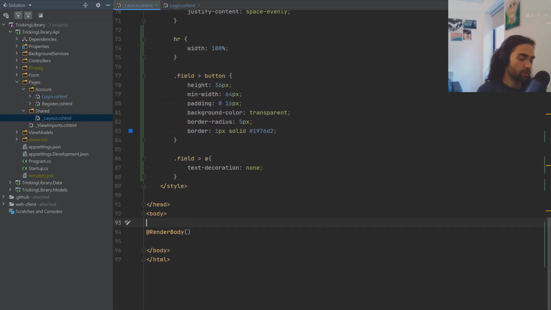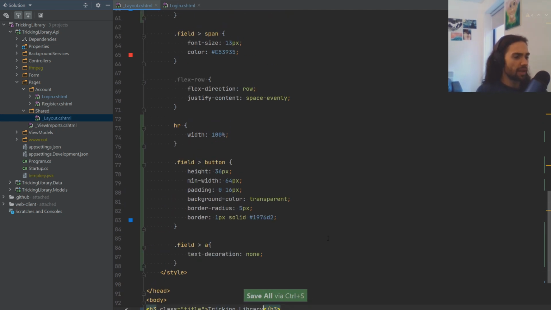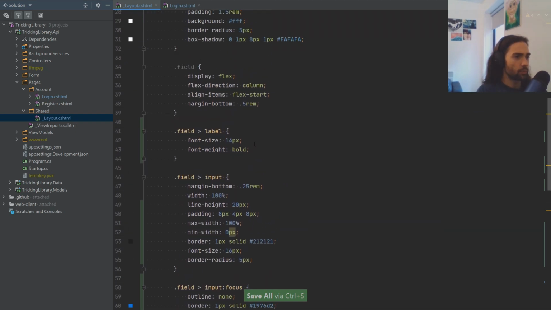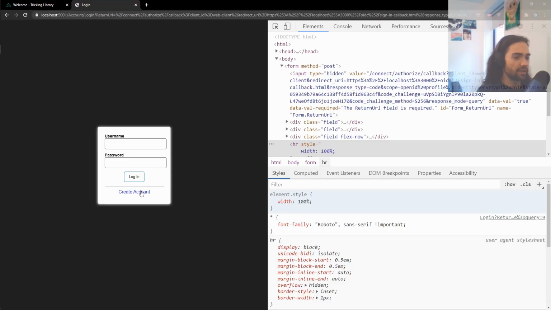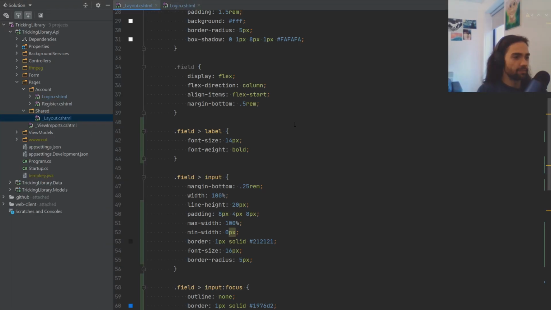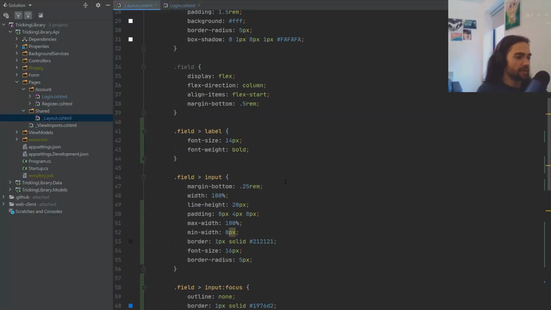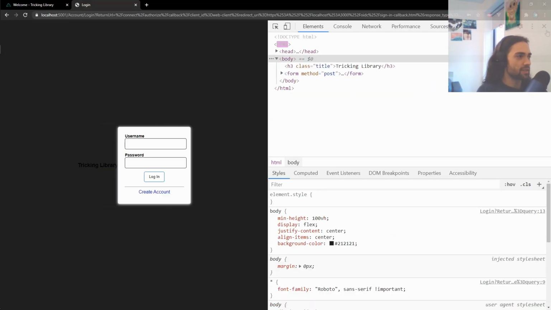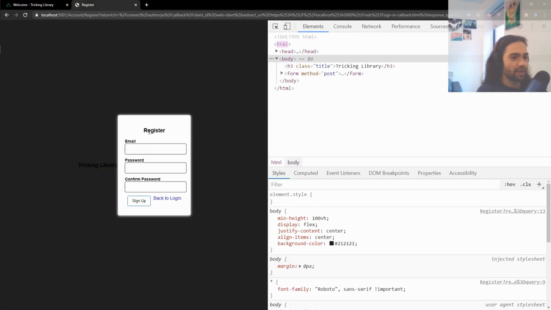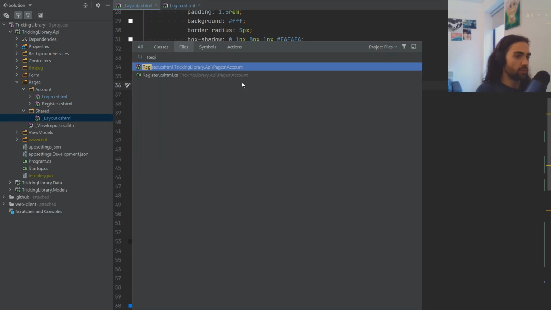layout, what I actually wanted to do is put the title here and just put the name of the actual platform that we're signing in from, because the sign in screen is apparent from the login button. The create account is gonna pop us to the registration screen, but that's pretty much it. And typing this out, yep. Let's save this, let's give this another hard refresh, go to create account, register, let's remove the